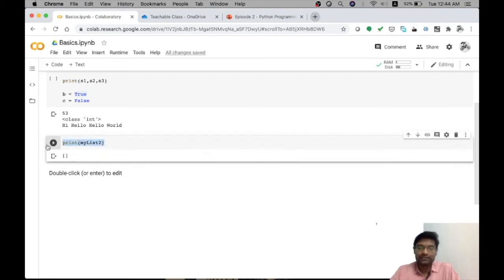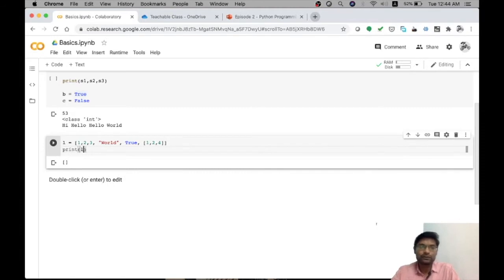For example, I can even create L of list equal to not just numbers but string values as well. So I can store a string value, I can store a boolean value, I can even store some other list inside a list. So it is a combination of multiple data types that can be held inside a list data type. So if I put print of L, my whole mix of values gets printed out in the output, and all the same operations that we saw for lists apply to this kind of list as well. So I wanted to mention it here.